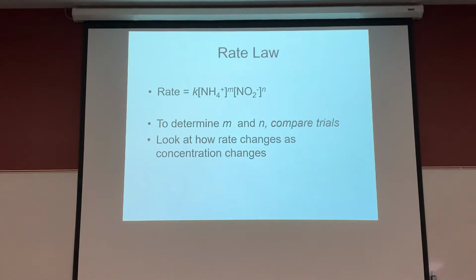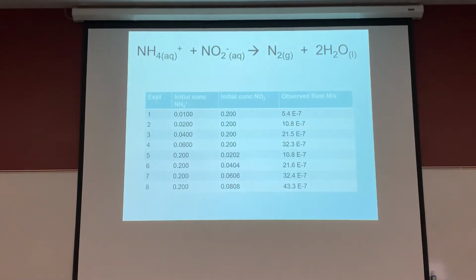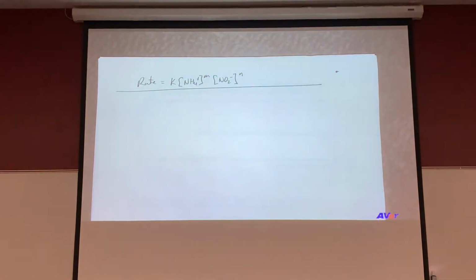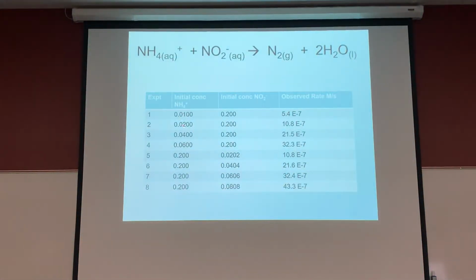Okay. On the next slide, you look at this and you're like, what the heck do you do with it, right? As you look at each of these data sets, like trial 1 to trial 2, you'll notice that the concentration of ammonium is doubled. Does the rate change? It doubles, okay? This was pretty easy to see, and then based on what you saw a minute ago, you're looking at a rate law like that, looking at just the ammonium, there's the M. If you see a double concentration doubles the rate, what's the value for the M? It's a 1. Okay, easy enough to see.